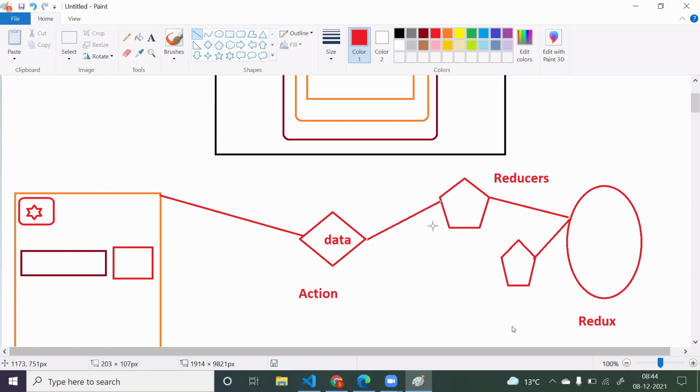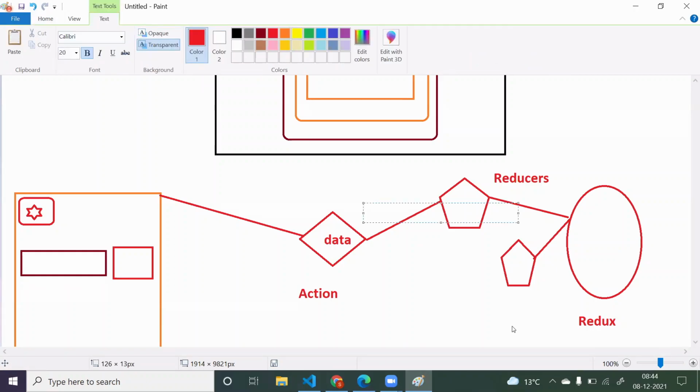So how to send to the reducer means, from this function, if you want to call this reducer function, then you have to call with a special function called dispatch. Dispatch is a special function which is used to call your reducer. And if you call dispatch, then however many reducers you have defined, all these reducers will be called.